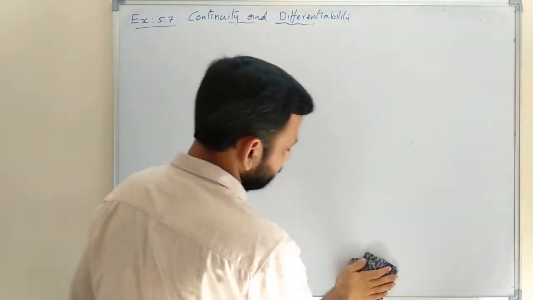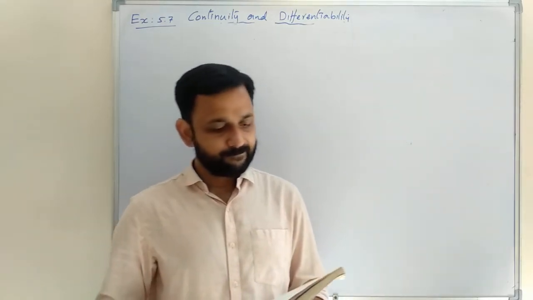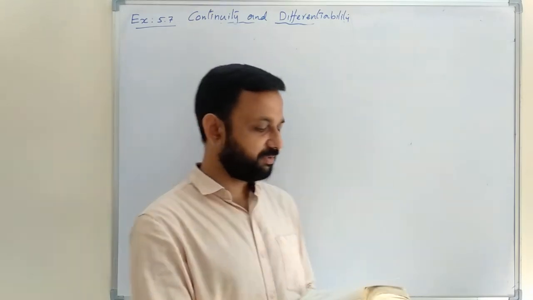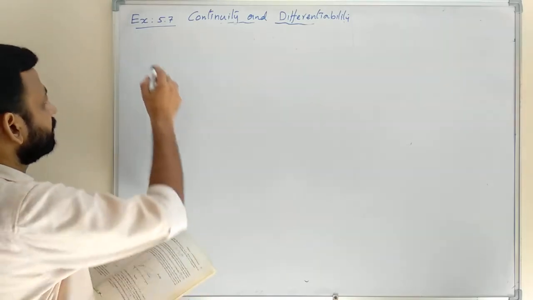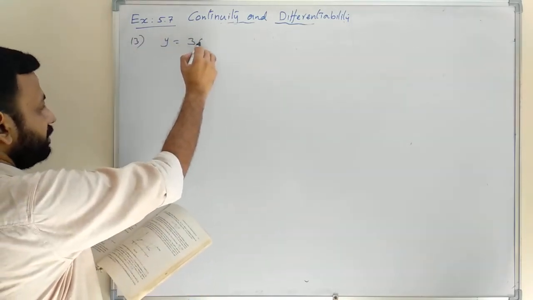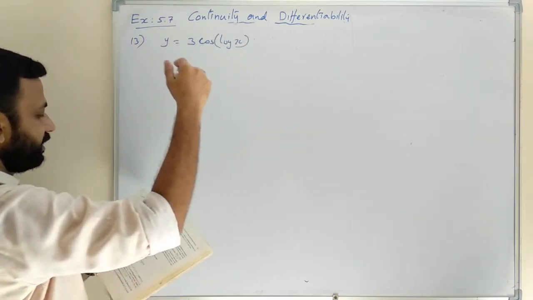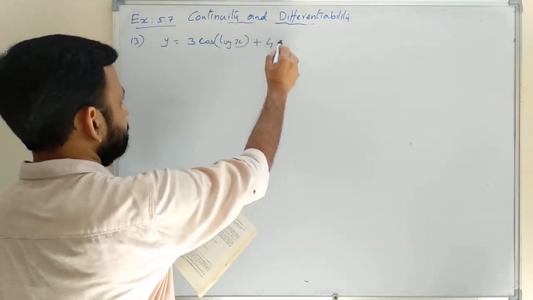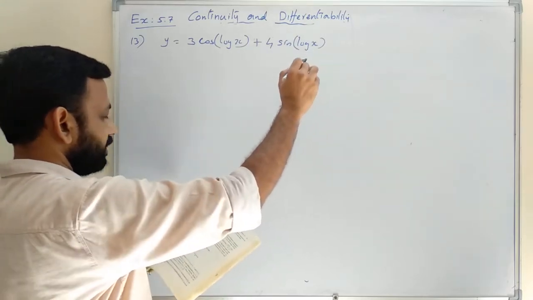Now we are going to do question number 13. Y is equal to 3 into cos log x plus 4 into sin log x. Show that